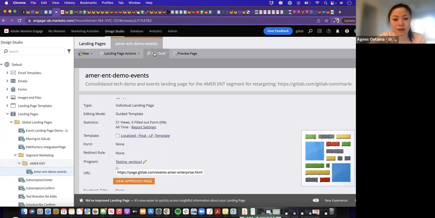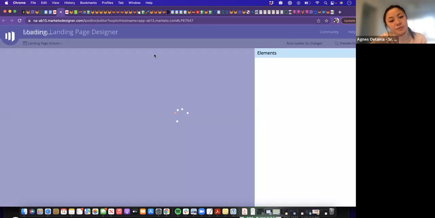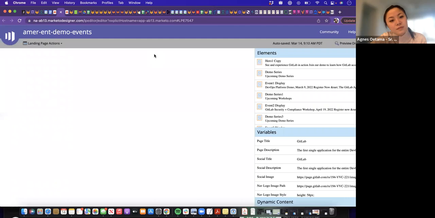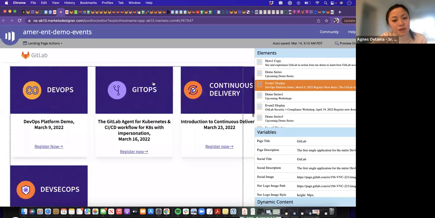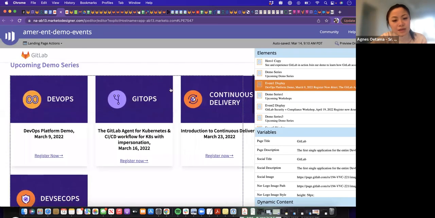So then you can edit draft. And this will basically allow you to edit the page to remove and add stuff. It's very, very easy. I'm not sure if y'all are familiar with HTML, but it is a little better to